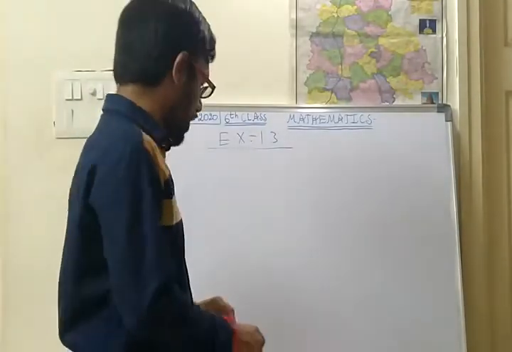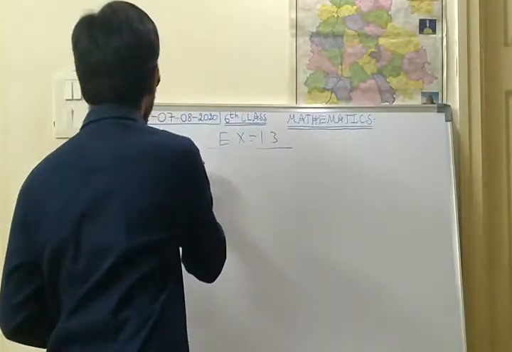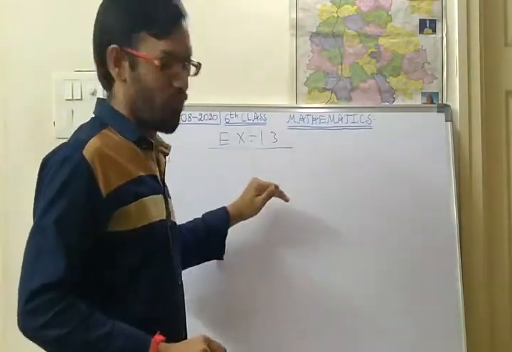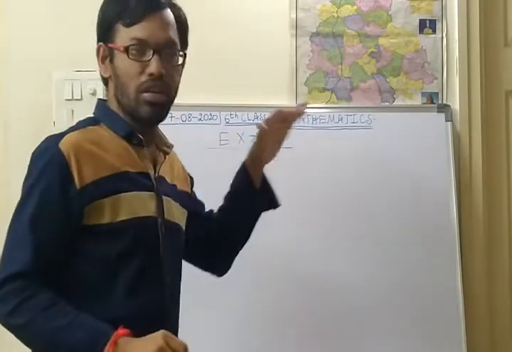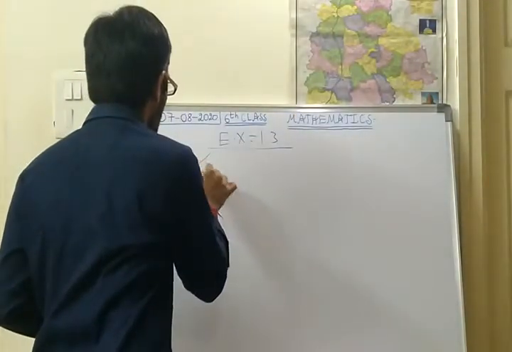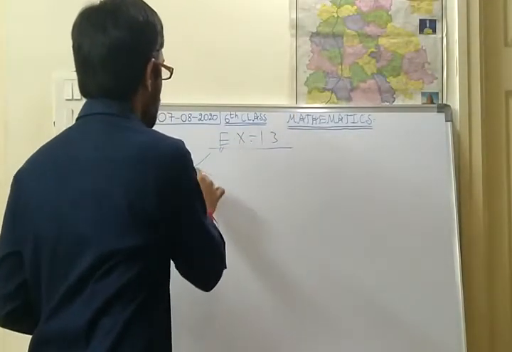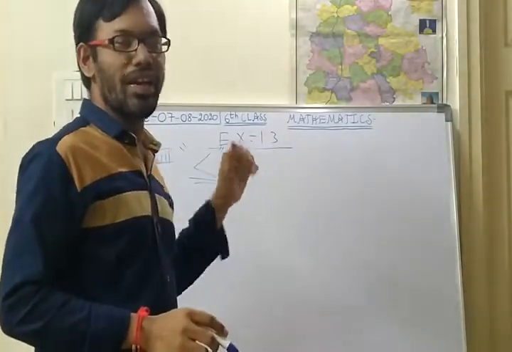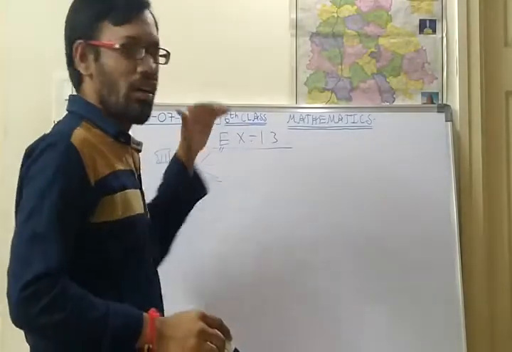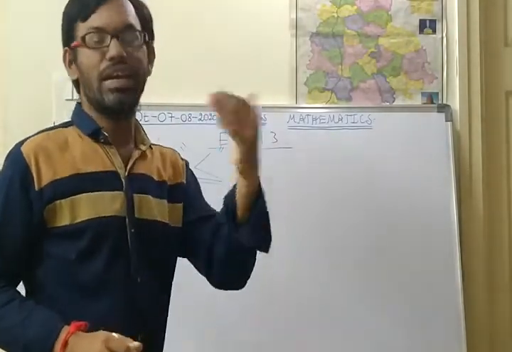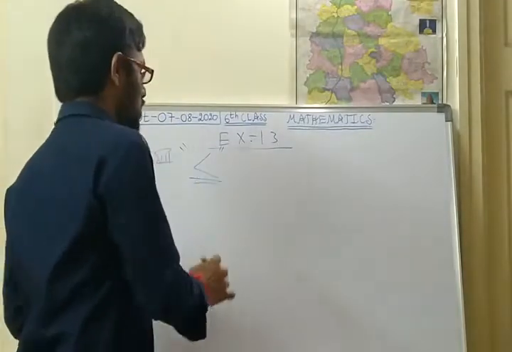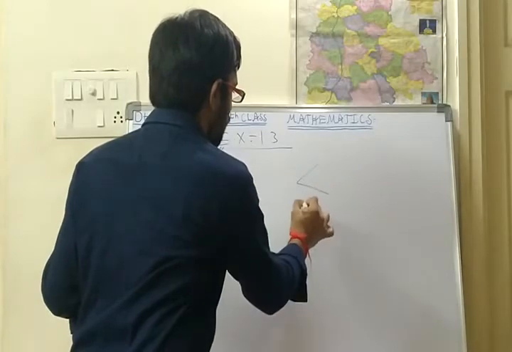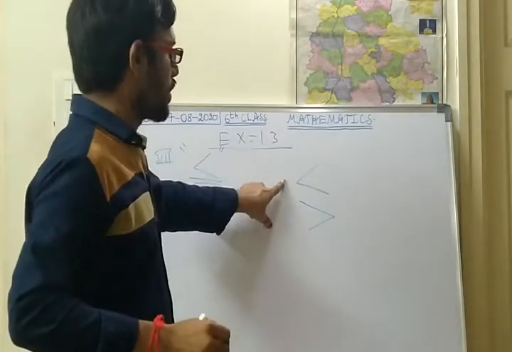In exercise 1.3, there is a seventh bit where I asked which is the smaller number among these two, and to use the smaller than symbol. You people might be getting confused regarding the symbols of the greater and the smaller number. First of all, we shall see which is the greater number. This is one symbol, and this is another symbol. These are the two symbols.